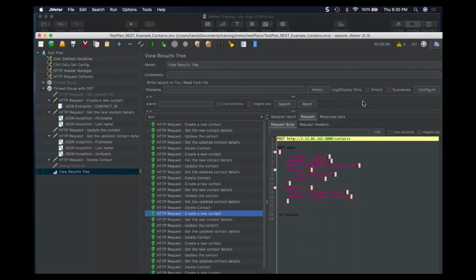I have one question. In the JSON response, you might get something like true or false. If you're requesting something and it is available, it will say true, otherwise it will say false. How can we put an assertion for both values? Either one is a correct response, it can be true or false. Is it possible to do both assertions using the same assertion?